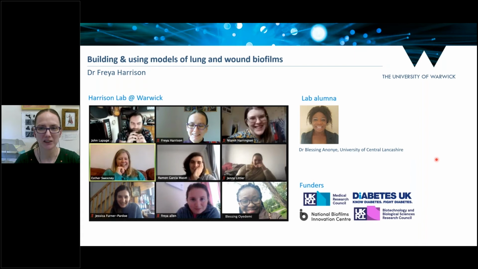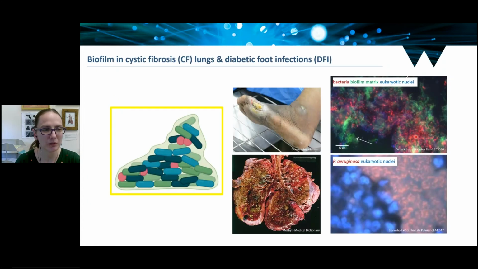So in my lab, we're interested in two particularly important examples of biofilm infection. If my slides are going to behave and let me move, those are biofilm infections in diabetic foot ulcers and biofilm infections in the lungs of people who have the genetic condition cystic fibrosis. If you look at the top right image, this is a confocal image of a tissue biopsy from an infected diabetic foot ulcer. You can see here beautifully the red labeled bacteria embedded in their green extracellular matrix of exopolymers that they've made within the host tissue.